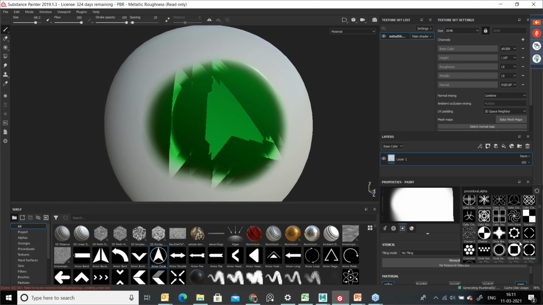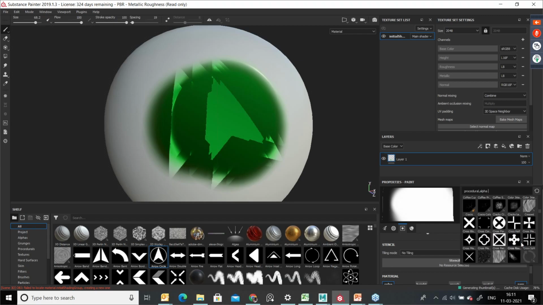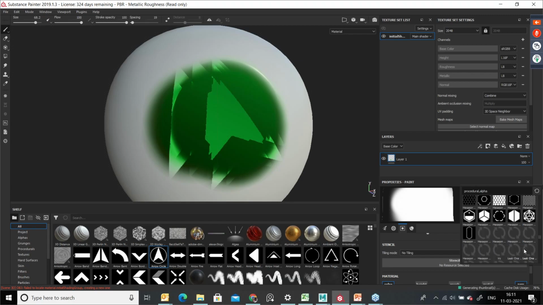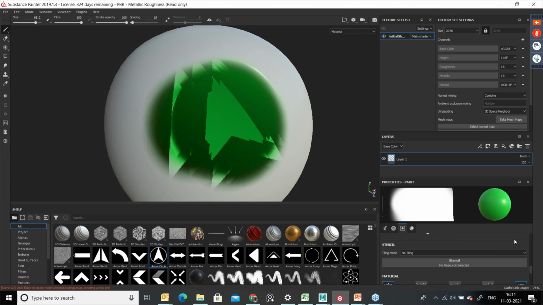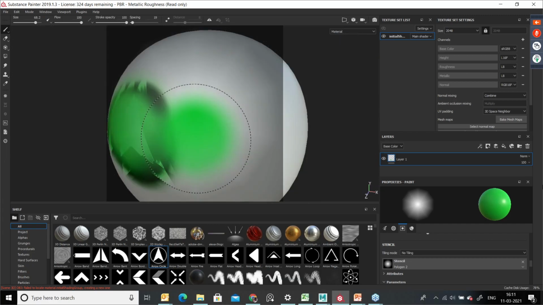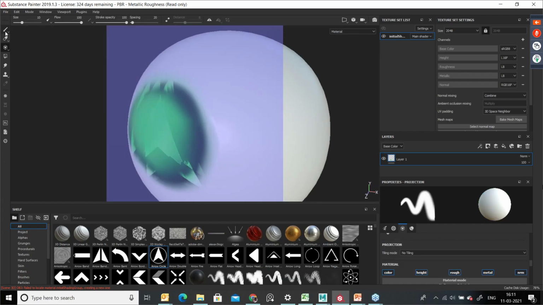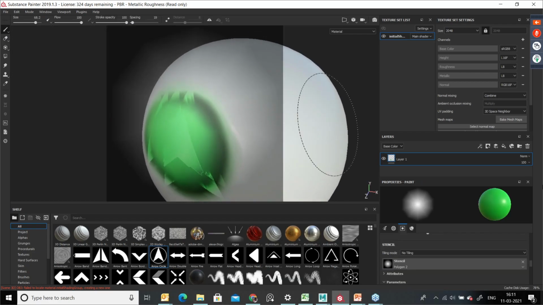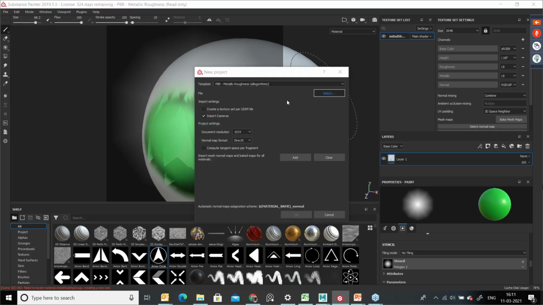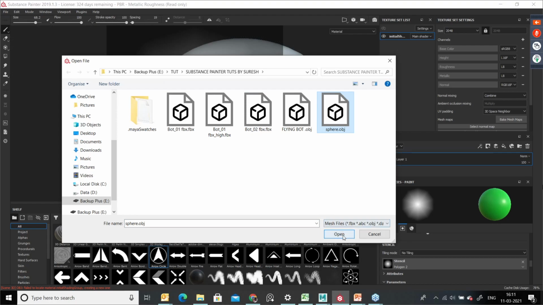I'm trying to use some other alpha. It should look normal. Okay, so I'm trying to use some soft brush alpha to apply with the brush. Just scroll down, we have so many alphas. Let me check with this. Okay, see here, now it's coming like this. And I think this is something different. I'll try to load one second. Same geometry, I'm trying to click